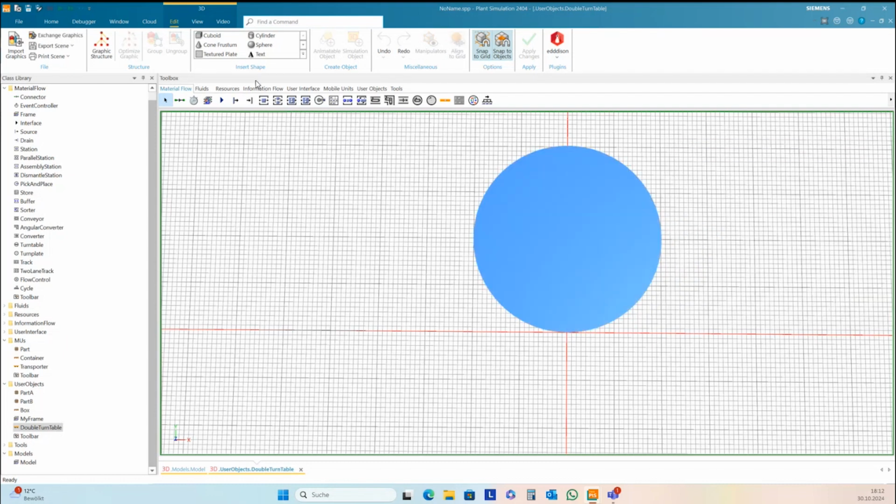And we can place some point here, 0.2, create. I place it here to show that it's turning. Okay, that's it for this.